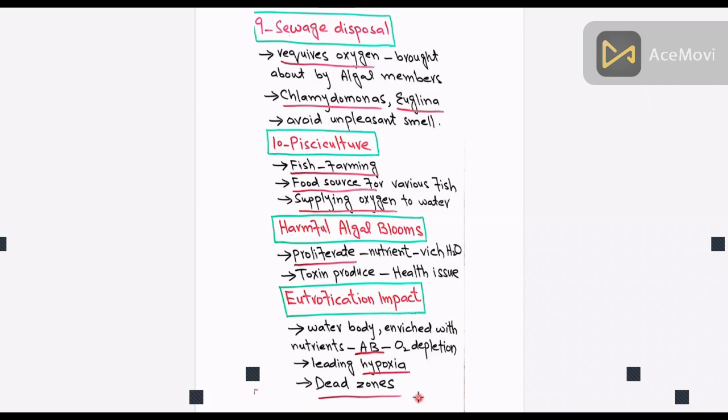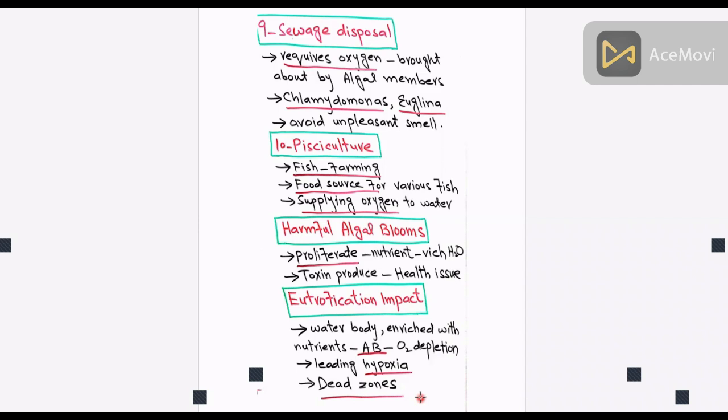As a result, algae are indispensable for maintaining ecological balance, driving biogeochemical cycles, supporting food webs, and mitigating climate change. Understanding and protecting algae-rich ecosystems is crucial for sustaining life on Earth.